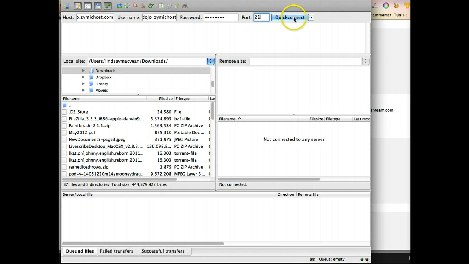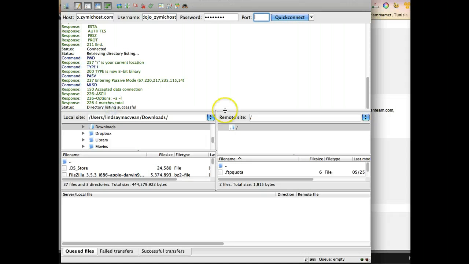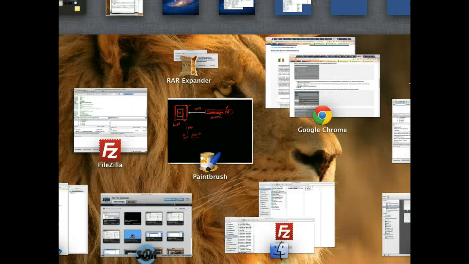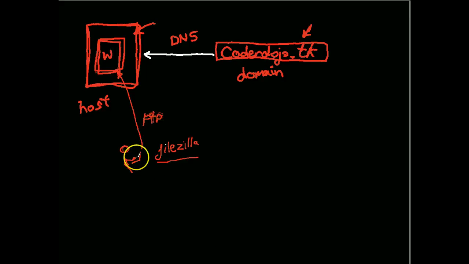It will be quick connect. There we go. Now it's doing all this stuff up here, if you can see, and it says directory listing is successful, which is really great. Okay, so we are now connected. If we show you the drawing, we've now got a connection from my laptop all the way to this host